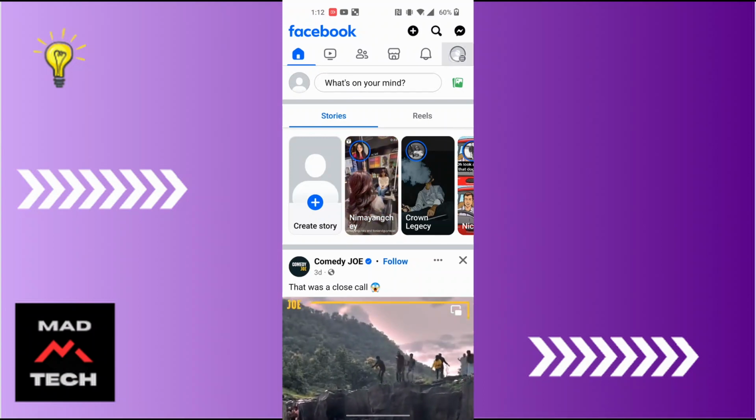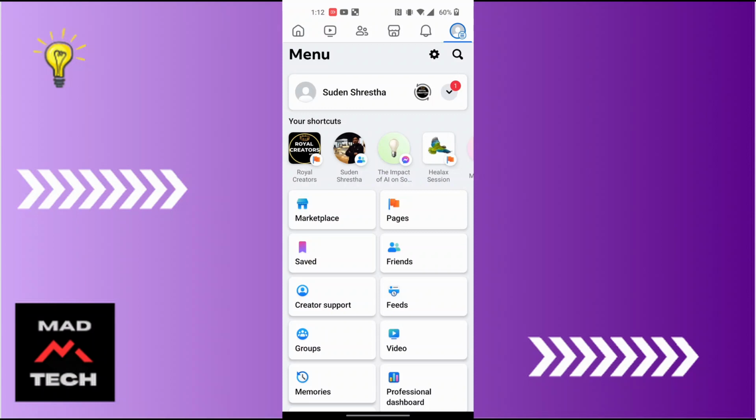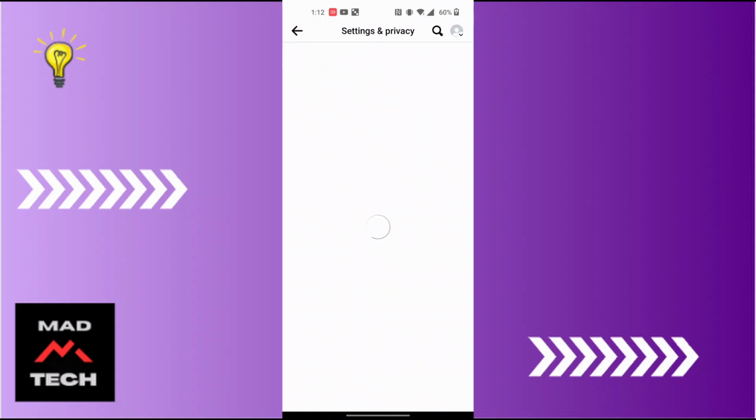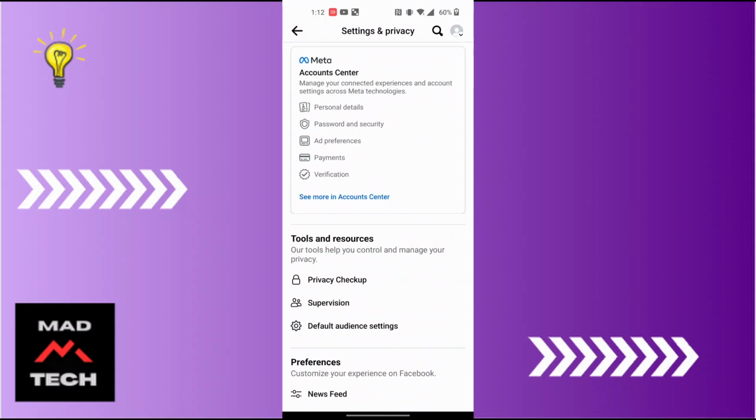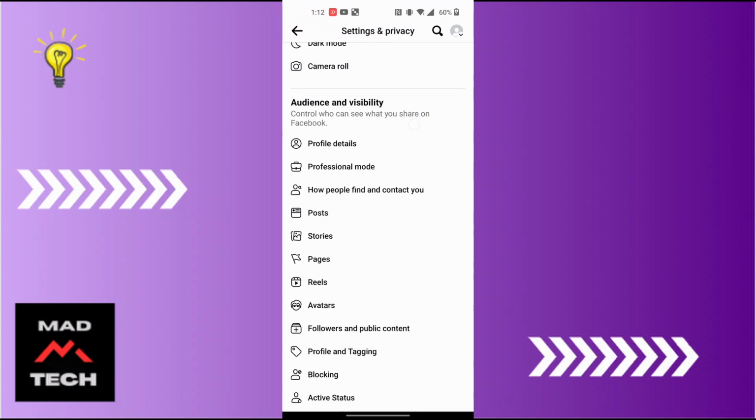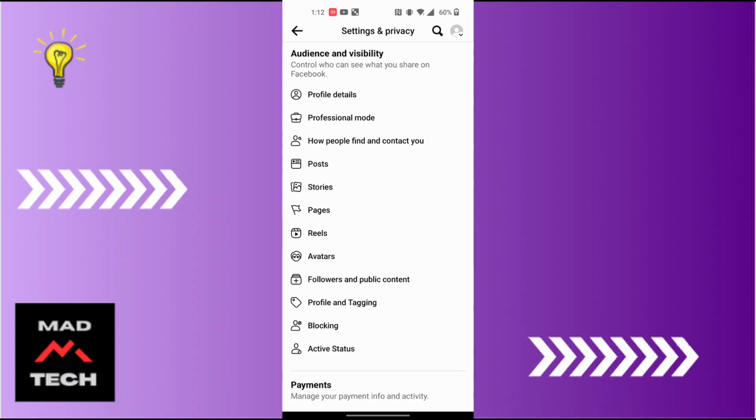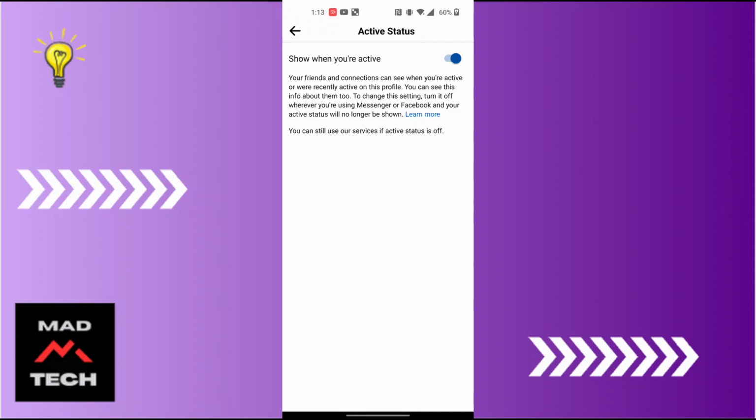Tap on there, and over here again at the top right corner of the screen, you can see the settings or the gear icon. Tap on it, and on this page, guys, you will be required to scroll down until you can find the active status option just below the blocking, or the last option under the category of audience and visibility. Tap on active status, and over here it says, guys, so when you're active,